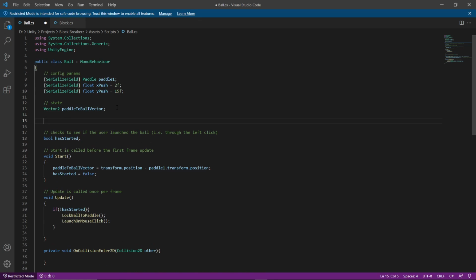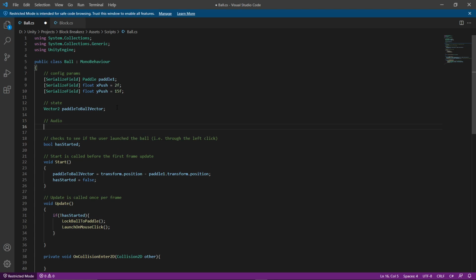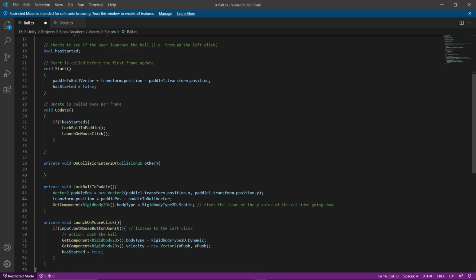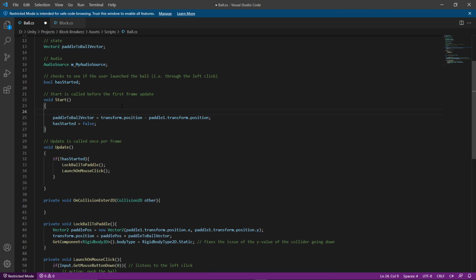So wait, my audio source, and then on start, we should initialize it, and the audio source equals get component